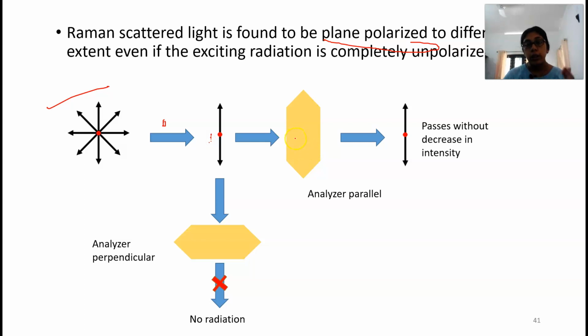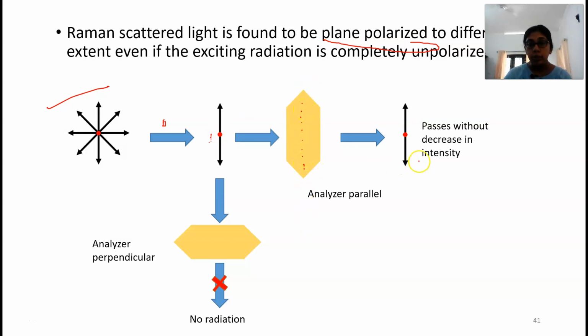through a Nicol prism or another polarizer, you can actually observe or understand whether it is polarized or not. Or you can get an idea about its polarization angle, how much plane polarized it is, how much rotation there is, and things like that. So if you are keeping that particular Nicol prism or polarizer with its axis parallel to the axis of vibration of the electromagnetic field, that is, parallel to the plane in which it vibrates,